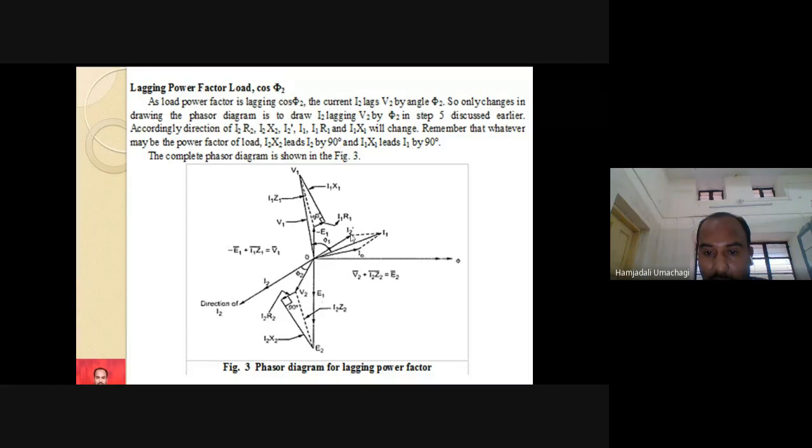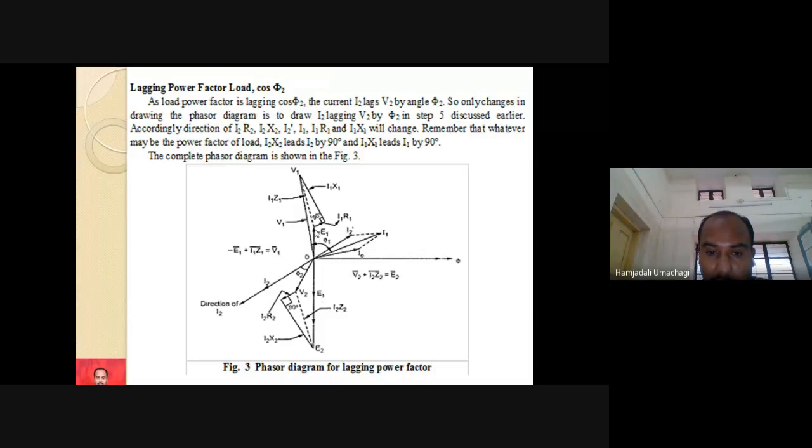So the vector sum of I2 dash and I0 is what? The vector sum of I0 and I2 dash gives I1. Already I have the minus. This is my secondary side KVL equation. This is my magnetizing branch current. Sorry, the primary current I1 is equal to I2 dash plus I0. Remaining is the primary side KVL equation phasor diagram.